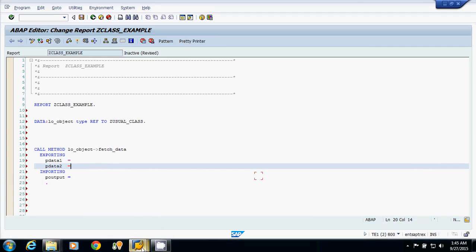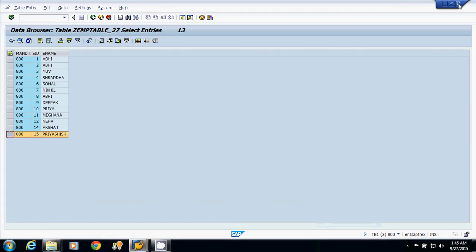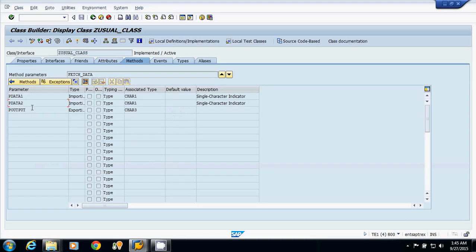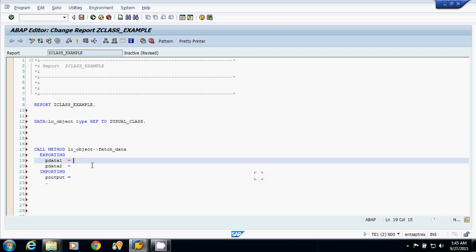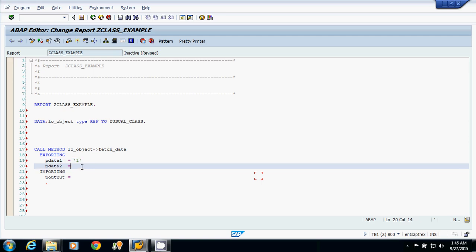In the class method, p output is exporting. In this program it behaves like importing. Suppose my pdata1 input is 1 and my pdata2 is equal to 2.